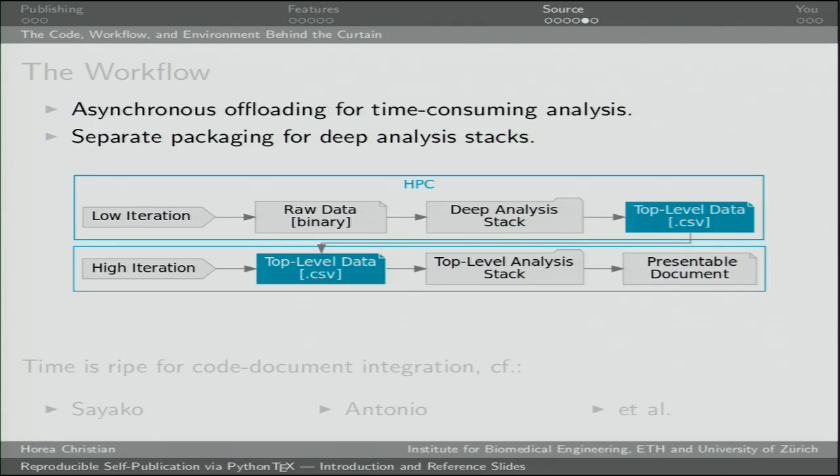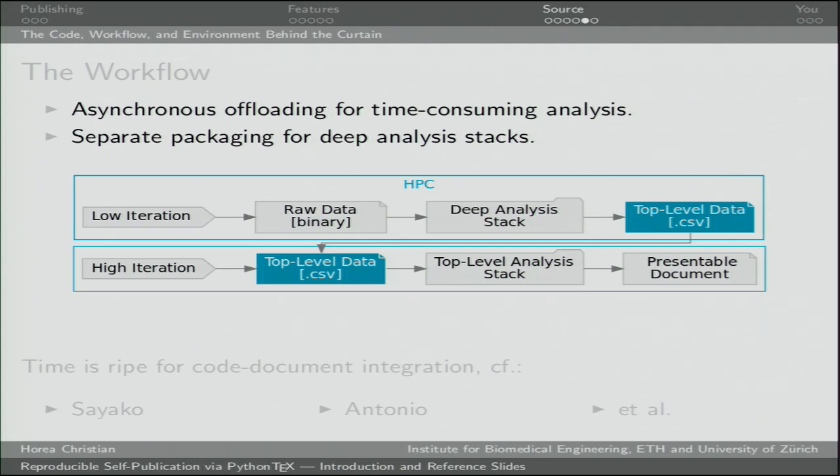So this is basically an asynchronous execution where I have low iteration for the time-consuming things and high iteration for the actual document with the absolute top-level analysis where I might want to tweak a lot of things and be very fancy about it. And if this seems like you've already heard this, it's because if I've counted correctly, there's at least 3 people who have presented something very similar this EuroSciPy. And I think that's a good sign. It shows that we're converging on a common solution.